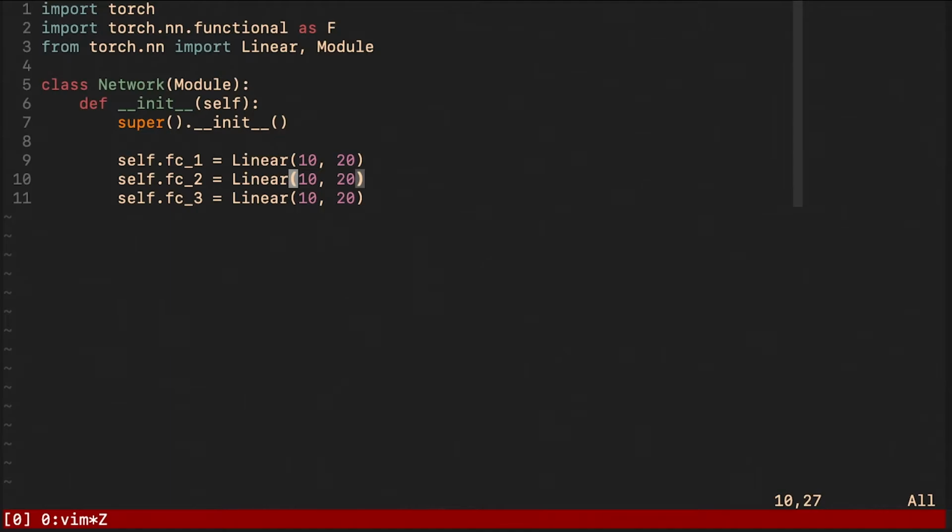And let me just make sure that the dimensions are matching. So here 20, here I will put it equal to 30. Of course, here I also need to put it equal to 30. And at the end, let's say our output size is going to be 2 for no specific reason.